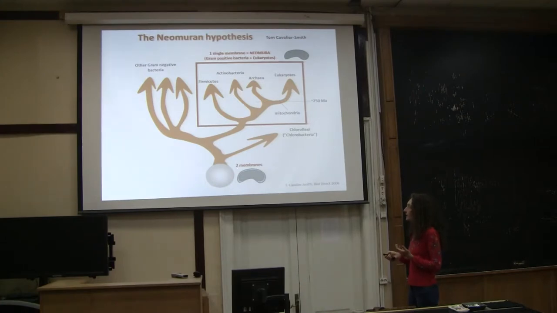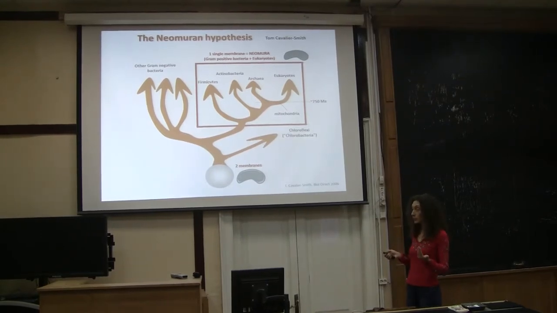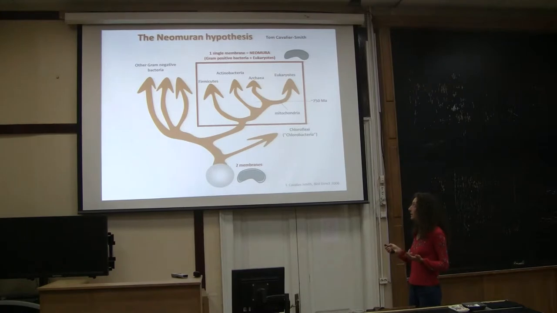So the last common ancestor was not leading to, on the one hand, bacteria and Archaea, but was already a bacterium. In his thought, this difference is due to the fact that in bacteria you have two major types. There are the gram-negative, having two membranes, and the gram-positive, Firmicutes and actinobacteria, having just one membrane. And for him, this membrane loss must have happened only once. So for him, the last common ancestor must have had two membranes, and then there was one single loss leading to the gram-positive bacteria,